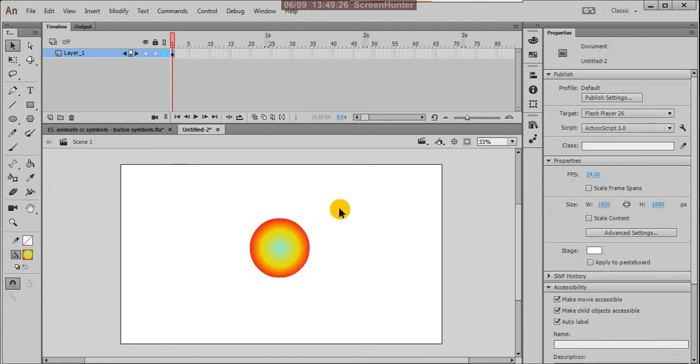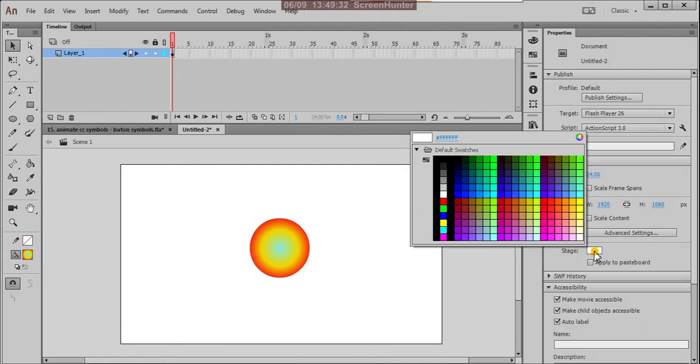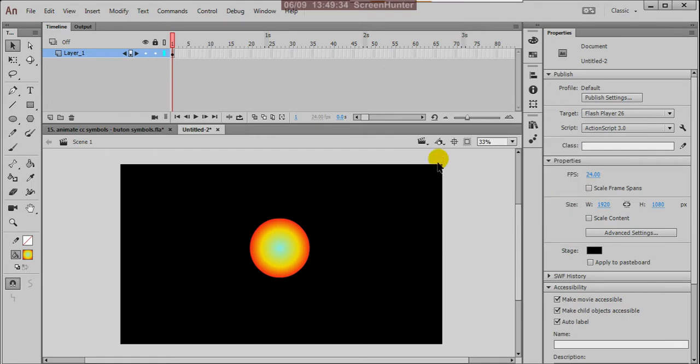Now what is this actually? Here, instead of a white stage, I'm using black to show the animation interactions of the button. Press Control Enter.